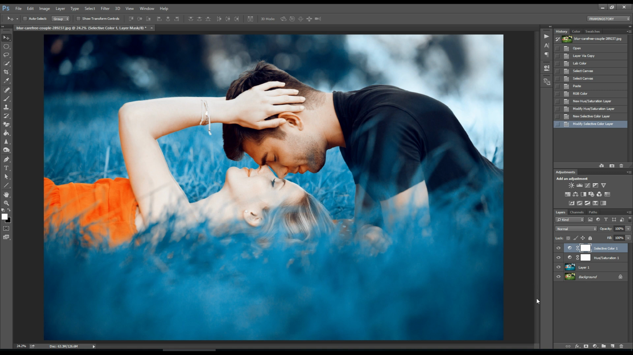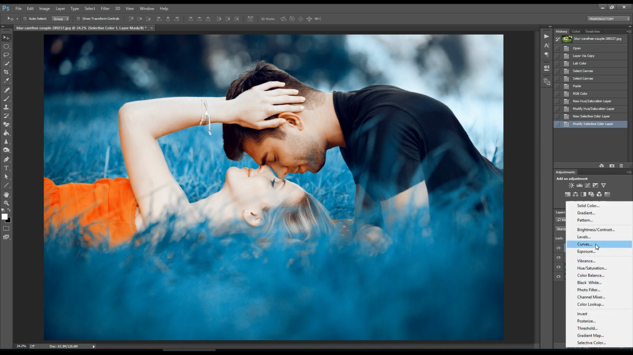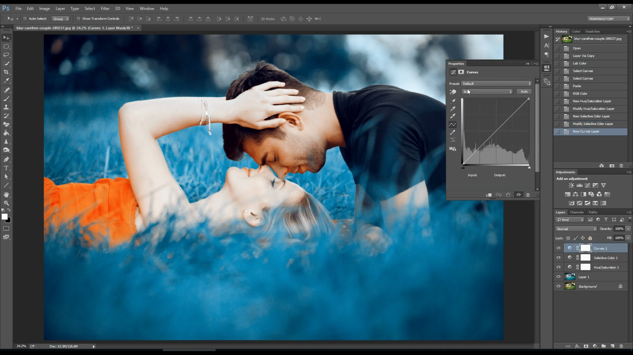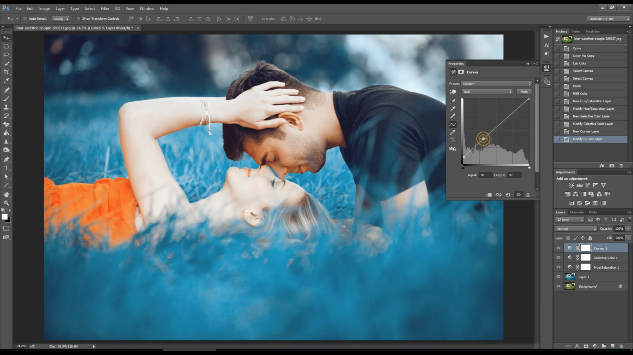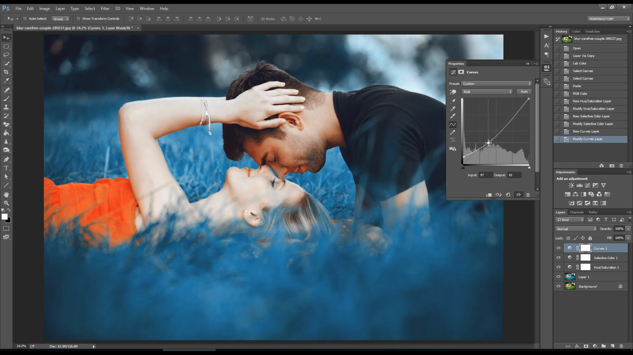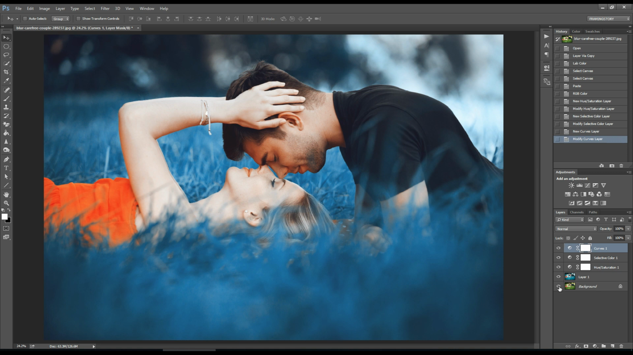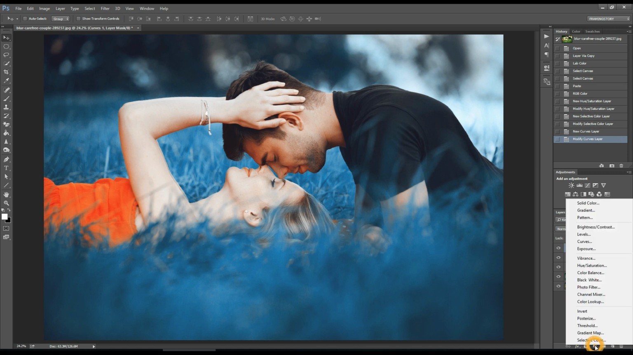Then I will go to a Curves layer, and from here we will select RGB, and then we'll just push it a little up and this one downward. So far we have got this, and I will make a little adjustment also from